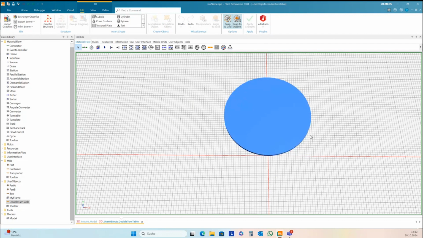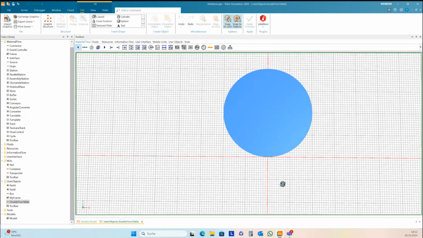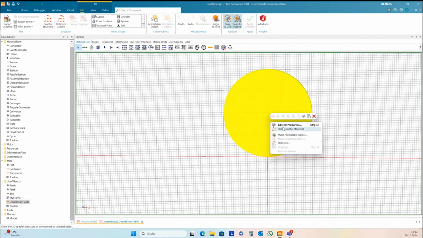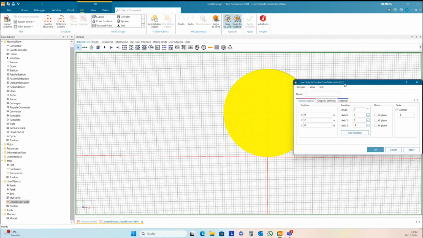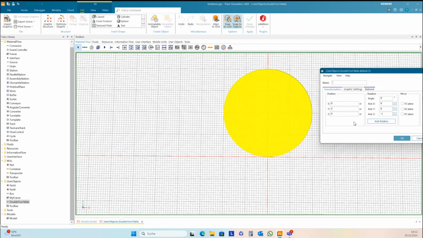And this is now very important. The position of this should be in this way. You can edit the 3D properties, and the position needs to be 0, 0. Not centered here. It needs to be in this way.